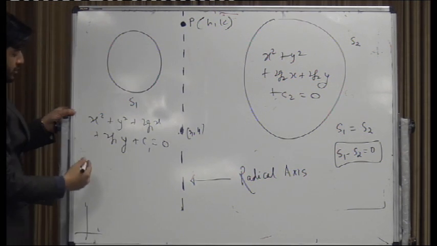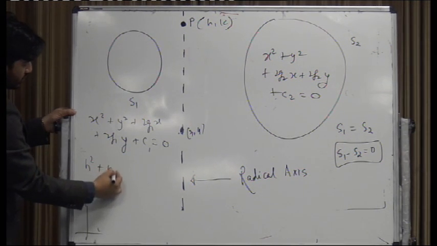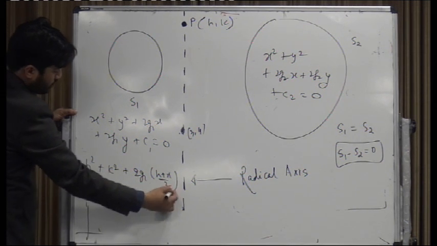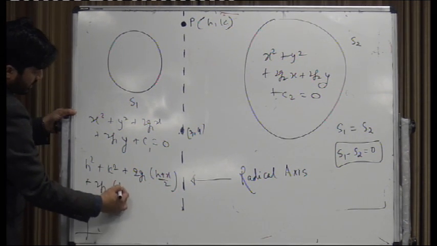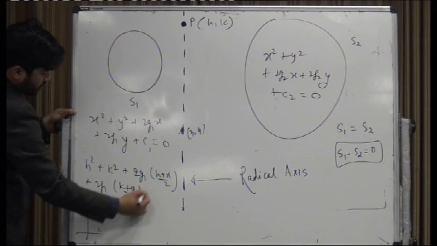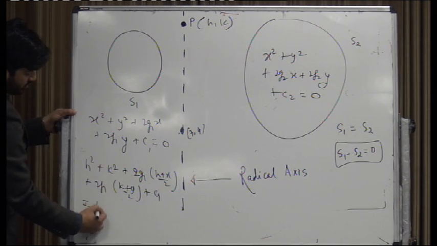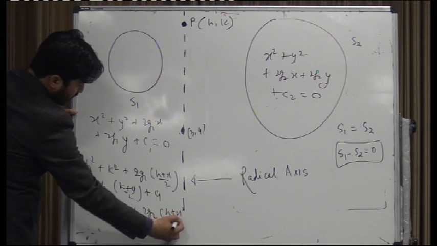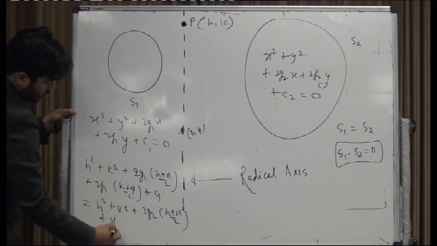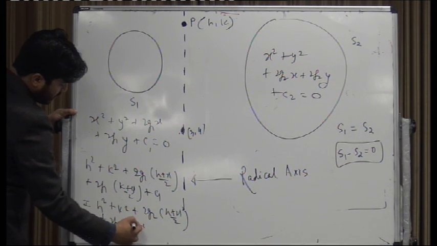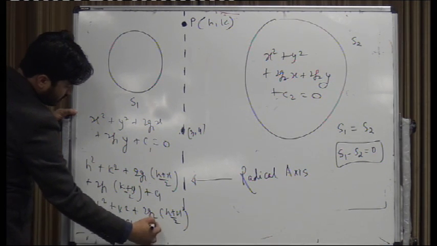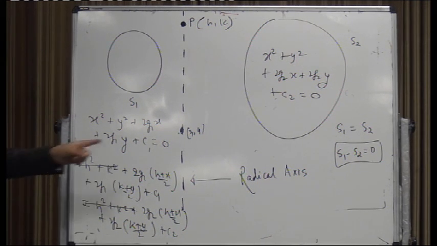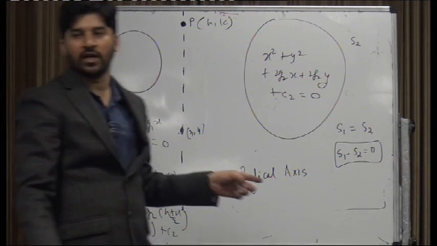So the power with respect to h comma k would be h square plus k square plus 2g1h plus 2f1k plus c1 is equal to h square plus k square plus 2g2h plus 2f2k plus c2. This cancels, you are left with, and then you can replace your h and k by,